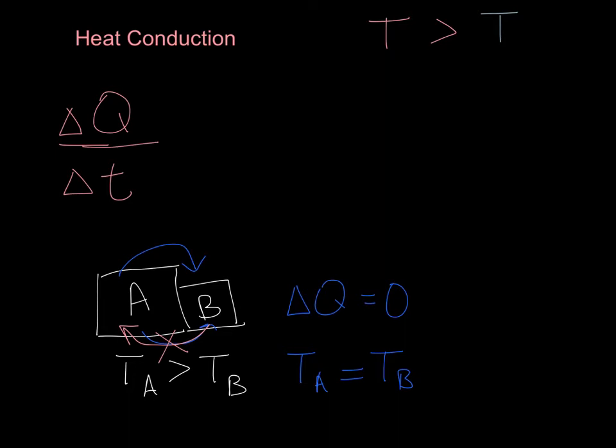So what do you think affects the rate of heat transfer? Let's call the rate of heat transfer H for now, just so we can get rid of some variables. Would you say that H is proportional to the difference in temperatures, delta T, from the hot region to the cold region? Most likely, yeah, because if you had a greater temperature difference, you would have a greater rate of heat flow, which kind of makes sense.